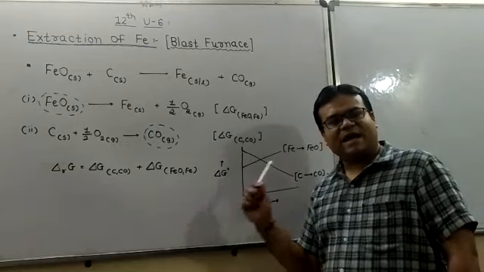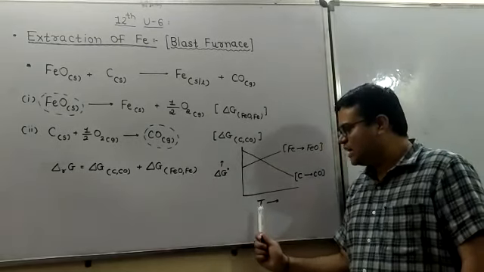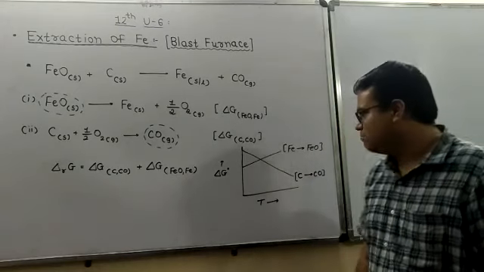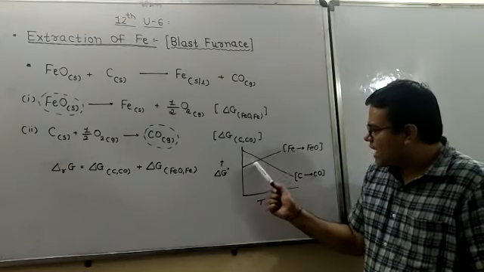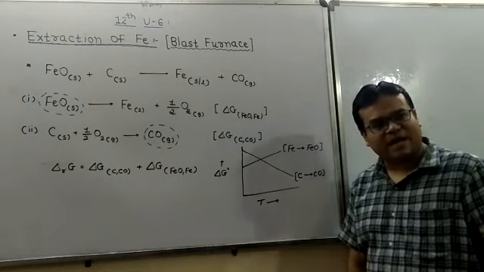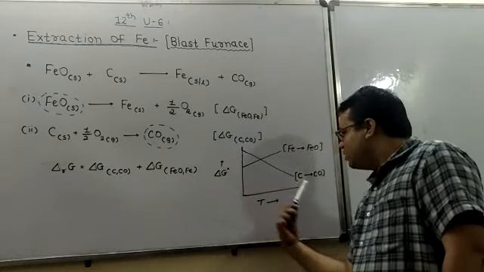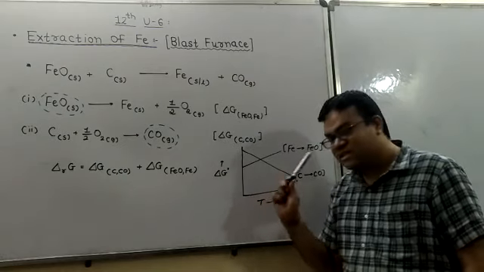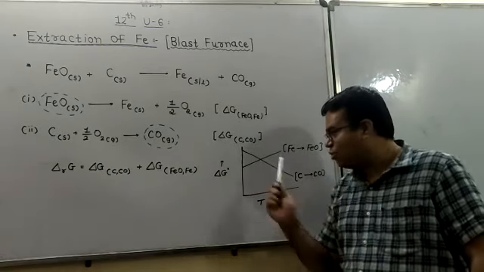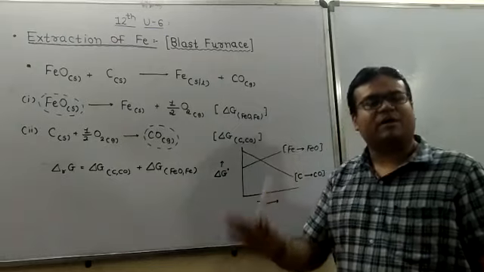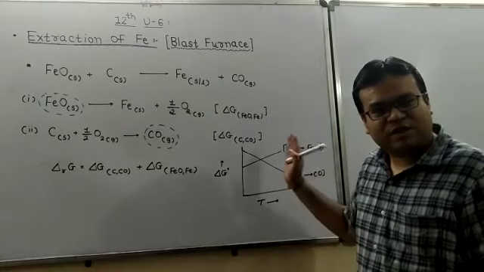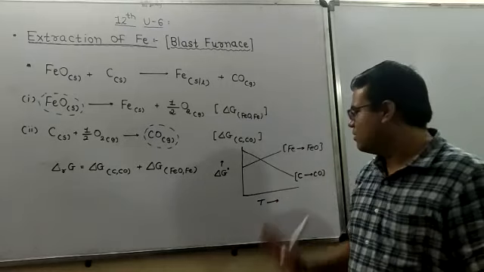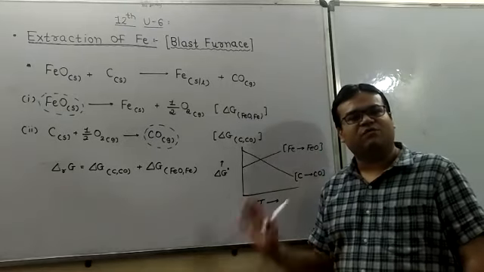Now, let us apply the Ellingham diagram, delta G versus T. If you observe the Ellingham diagram, the slope of the Fe to FeO change is in the upward direction, and the slope of the C to CO change is in the downward direction. And we have discussed where these two intersect, delta G is 0, and below that temperature the reaction is more feasible. So in this case, nearly below 1073 Kelvin, it is the best reducing agent for reduction